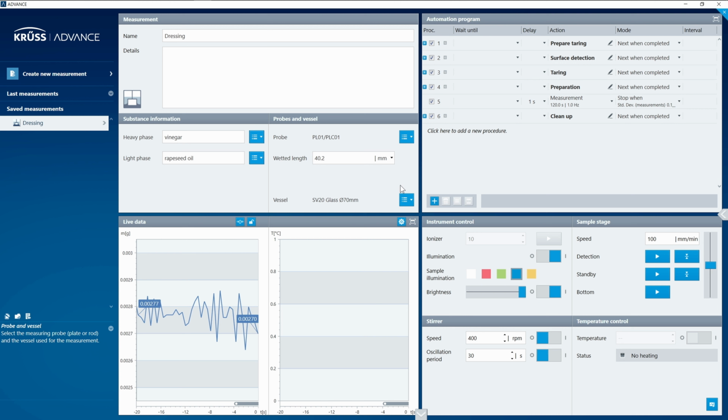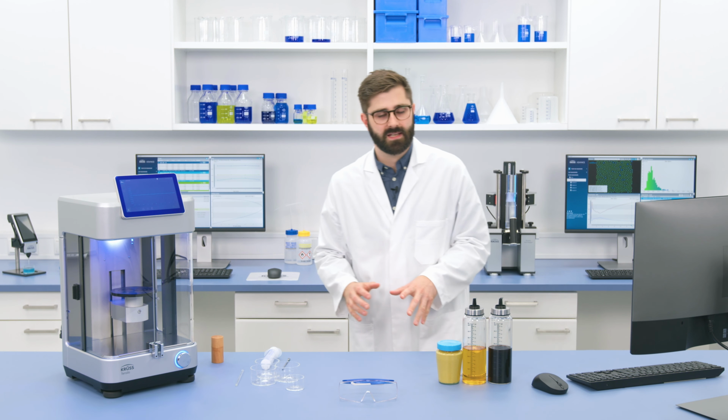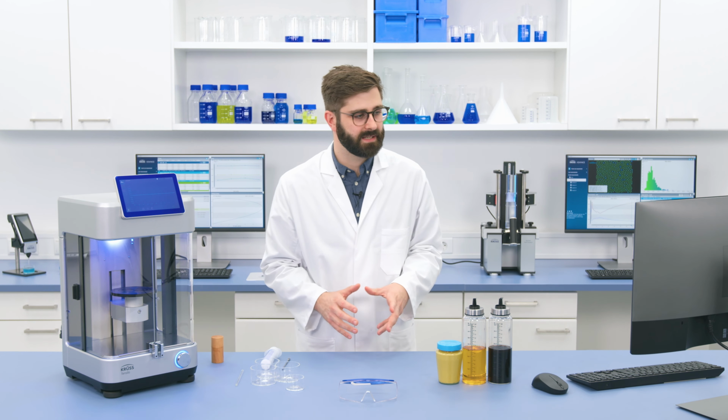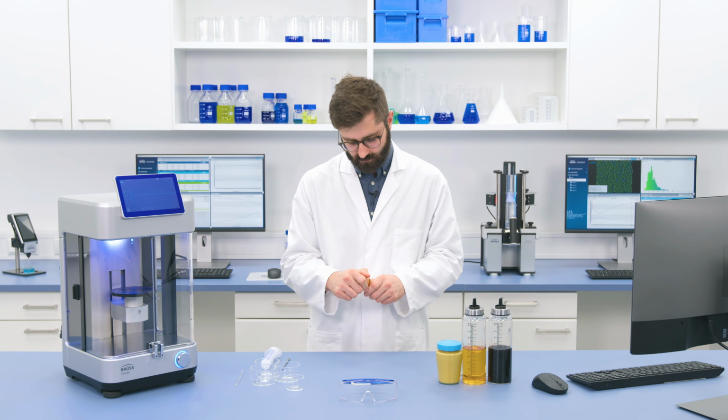From there, all I have to do is press the Start Automation Program button, and that then presents me with a box of instructions from Advance of what I need to do the measurement. So you don't have to remember the steps, you can just open the measurement and it will guide you through what you need to do. So first I need to clean the probe and attach it to the force sensor. So I can take my Wilhelmy plate here,